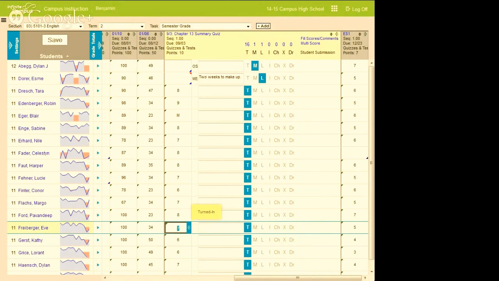This turned in is a nice function. A lot of other programs, if you don't have the scores in past the due date, it might show up as missing. It might show up as 0 points. What Campus does is I would come in and I can mark on top. I can just hit this T up here, mark them all turned in except for the students who didn't have it. And then on the portal, what that means is I've collected the assignment. I haven't graded it yet, but it's been received. And that's nice too if you have helicopter parents or students who are emailing you constantly about that. It's a good tool to have.